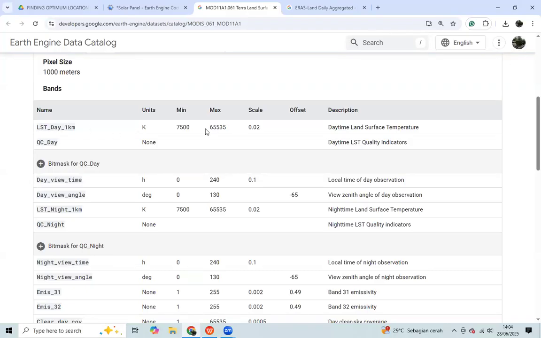It is almost impossible all over the world. The minimum temperature is 7,500, and then the highest is 65,000 degrees of temperature. It is almost impossible for the land surface temperature.